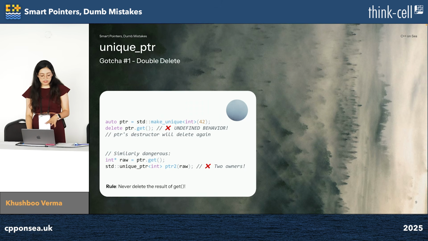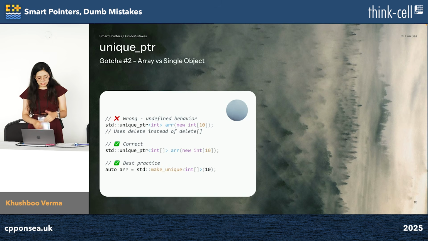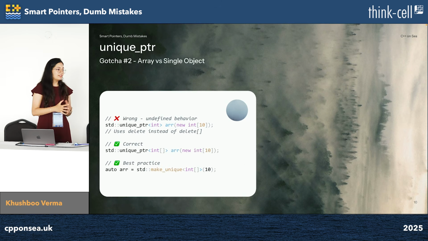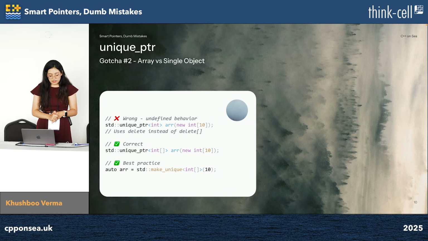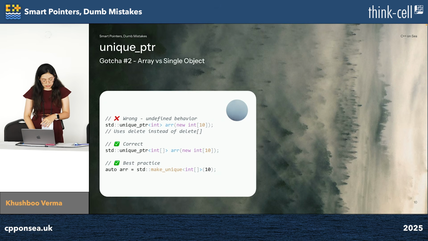So this could be one of the scenarios which could be problematic. The other one is where we might confuse between arrays and single objects. Just to look at the code in the first one, there is this undefined behavior happening where I'm initializing the unique pointer and pointing it to an array. I'm initializing it to an array of size 10, and whenever it's going to go out of scope,